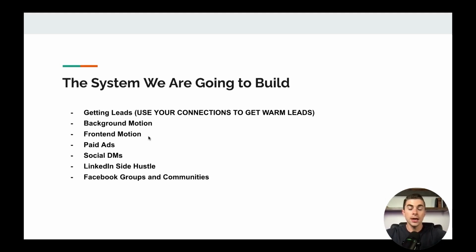The front end motion is more manual. So it's more personalized emails. You're going to take a little bit more time crafting these emails. And I tried to set a goal for myself to send anywhere from 25 to 40 a day. So it took a little bit more time, but because I knew so many salespeople, right? You've got to put your head in the mind of the business owner. They probably get reached out to all the time by different people trying to sell stuff to them. Like, you're not the only one. So you always have to think to yourself, how do you stand out in their inbox?